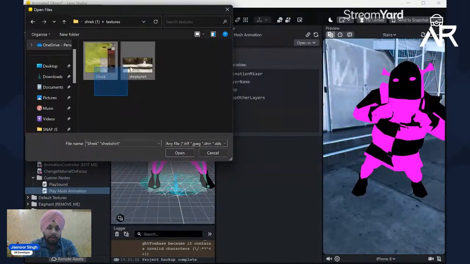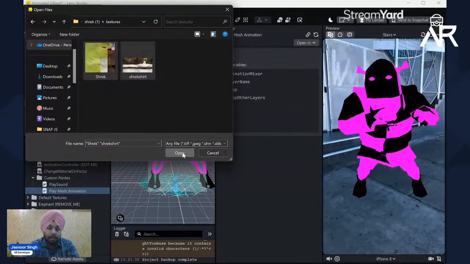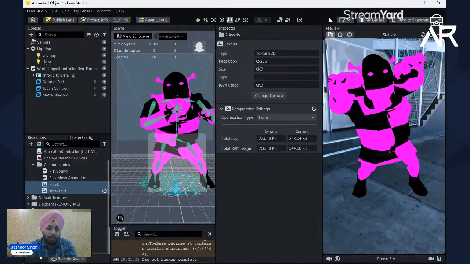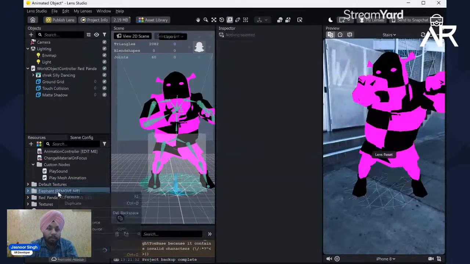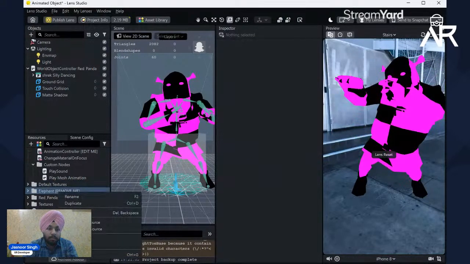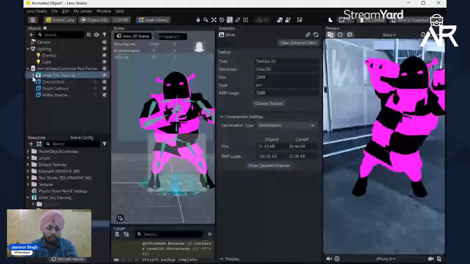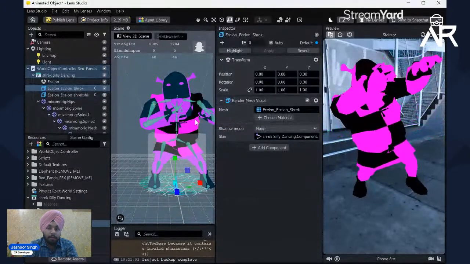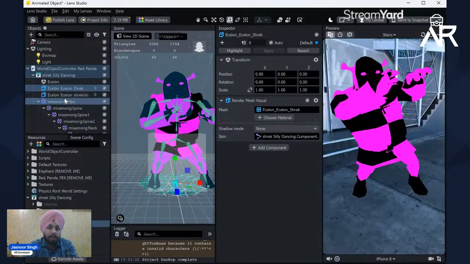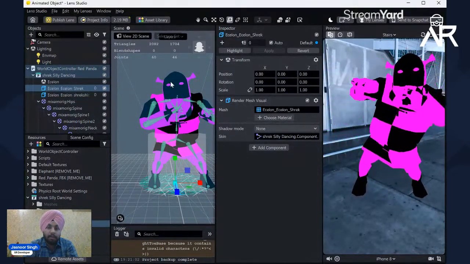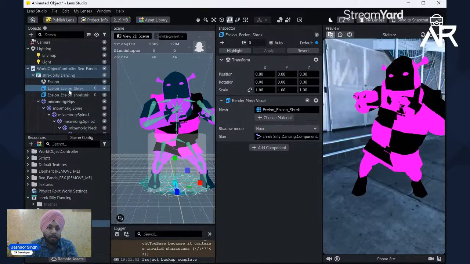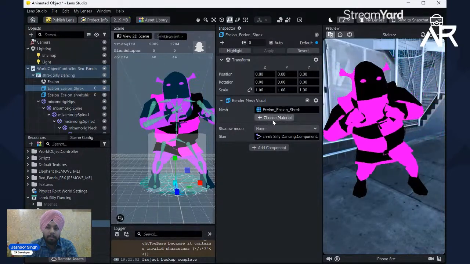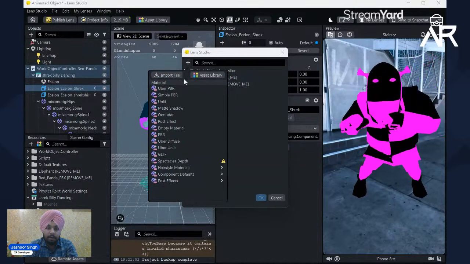Here you can see the Shrek shirt and the Shrek model. Let's open this. Okay, so in the objects panel, when you tap on the meshes of the Shrek model, it will highlight and show which meshes are selected. When we tap on this mesh, we can see in the inspector panel the mesh is empty and there is no material there. So let's just create a material